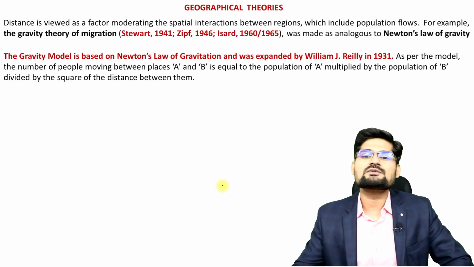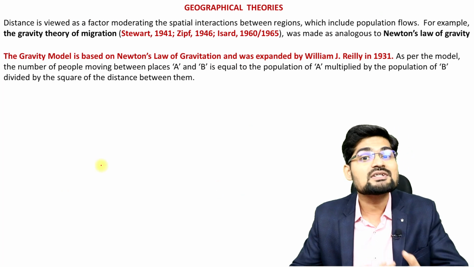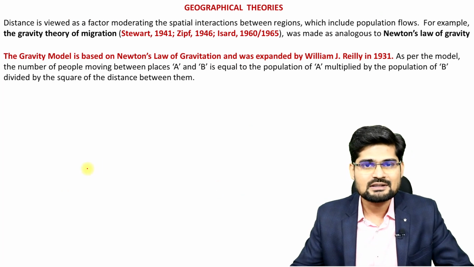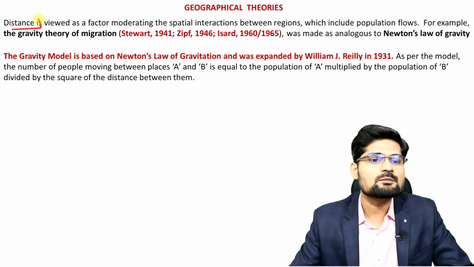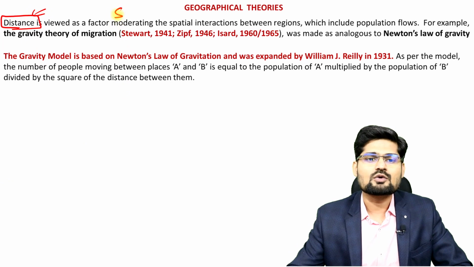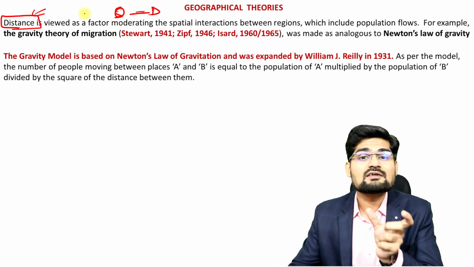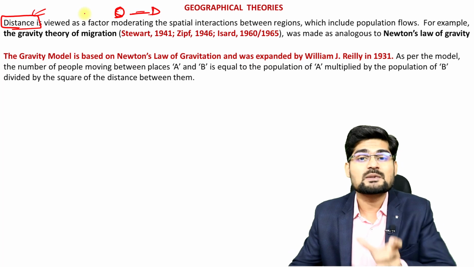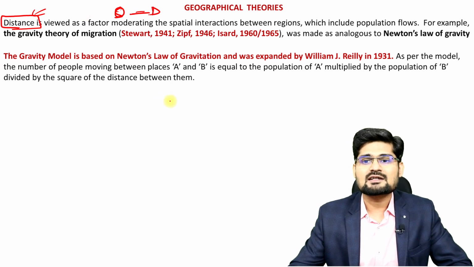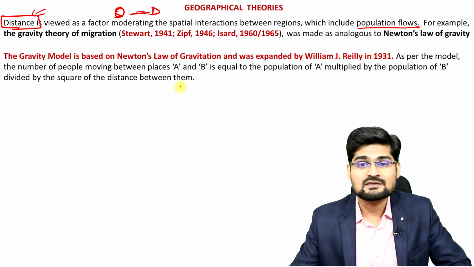Now further, if you observe the geographical theories, they talk about spatial analysis and locational analysis. That's where geographical theories come in. So distance was the prime factor. Whenever it is about geography, it's about the source or origin, the destination, and the distance between them. So this is where we talk about physical distances, the spaces, right? Geographical theories are basically talking about people, their flows, their distances and the interactions between regions.